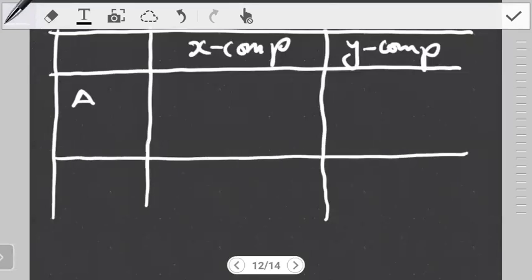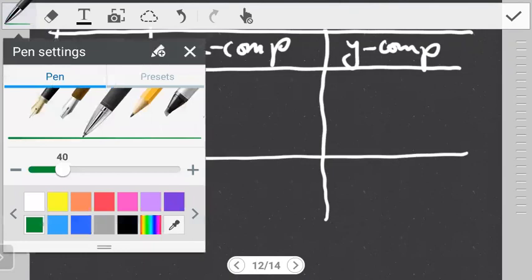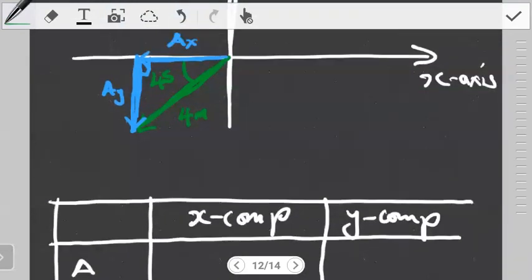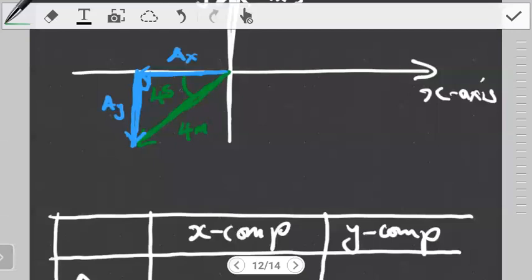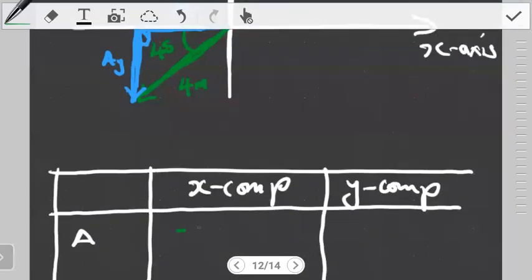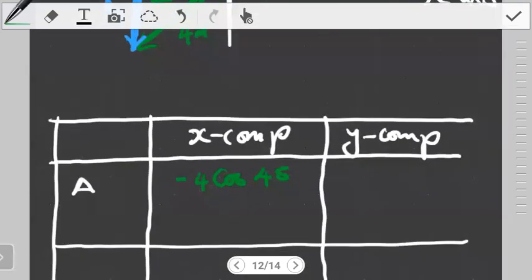So for vector A, what we have, by observation, it is related to the angle by cos, and it is going to the left. So this is going to be negative. The vector itself, that is 4, and then cos, the angle is 45. So if we evaluate what this is going to give us, negative